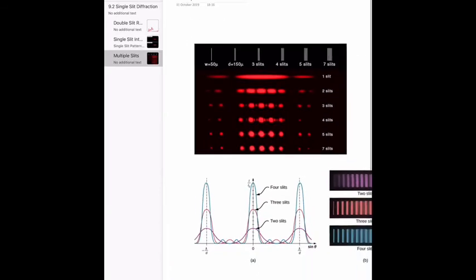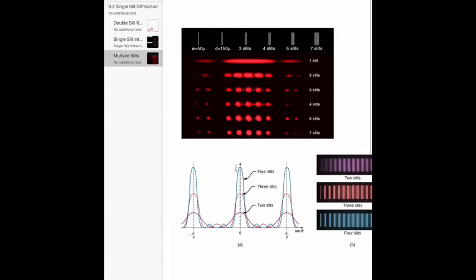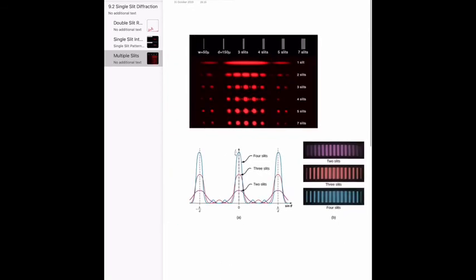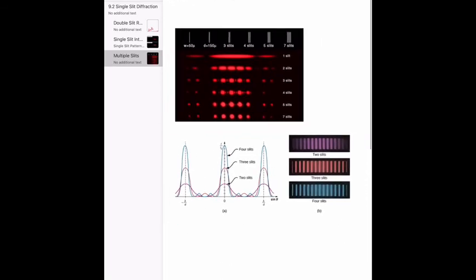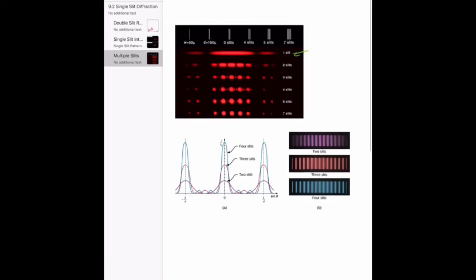Okay. Lastly, I just wanted to talk about what happens if you have more than 2 slits, or if you just keep increasing the number of slits that we're observing. So, what we have is, when we have 1 slit, that's the single slit interference pattern we've just been talking about. 2 slits, we've mentioned already, that's the double slit interference pattern inside the single slit envelope. As we increase those number of slits,